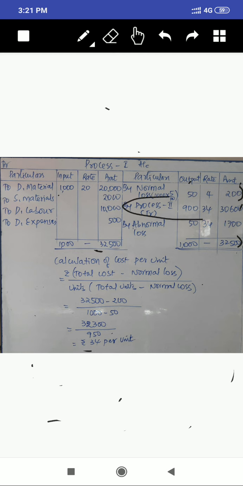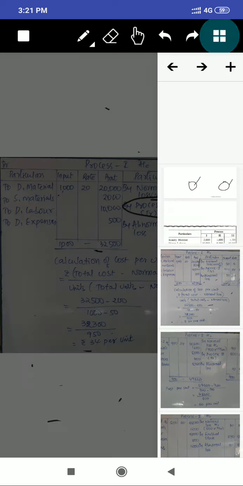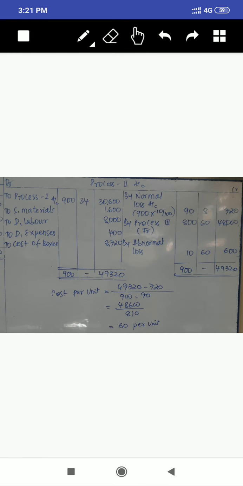This was the entry you have to post to the next process. Process 2 means what? It is the entry of process 2 to process 1, and that is recorded in the next process only. See, this one comes from the first process, where the first entry comes from the last process. This one is the entry of the last process, process 2 to process 1. The credit side of process 1 is recorded on the debit side of process 2.